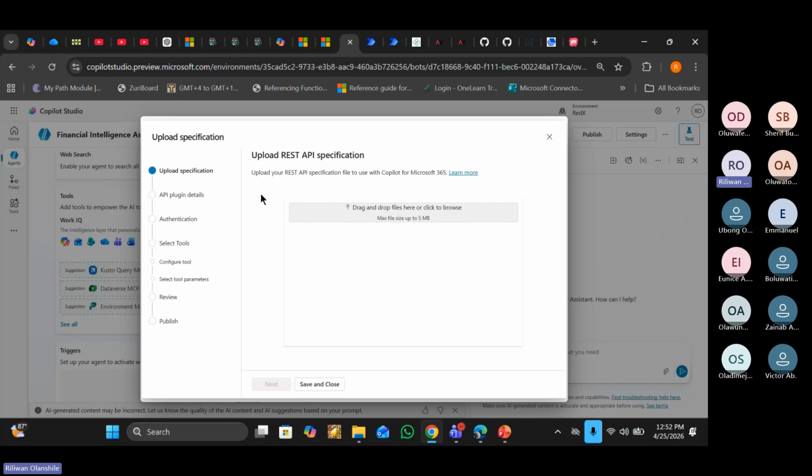A Swagger file basically has the information of the entire API that you want to work with here. That's how Microsoft will build this particular one. But if you are building a custom connector, you have the option of using a Swagger file, an OpenAPI file, or you can just build this from scratch yourself. But to use this particular feature of REST API, you need to generate your OpenAPI file, right?